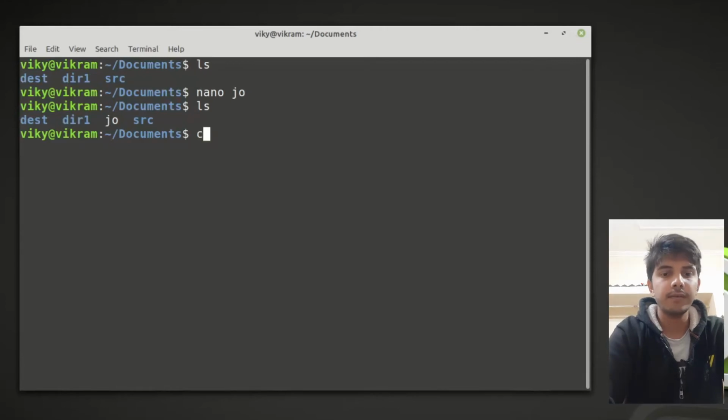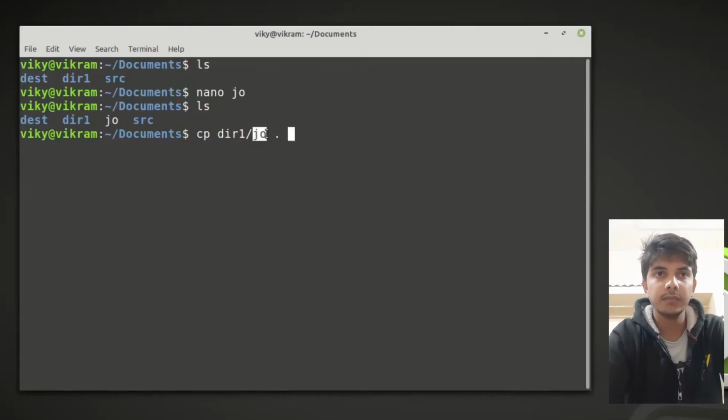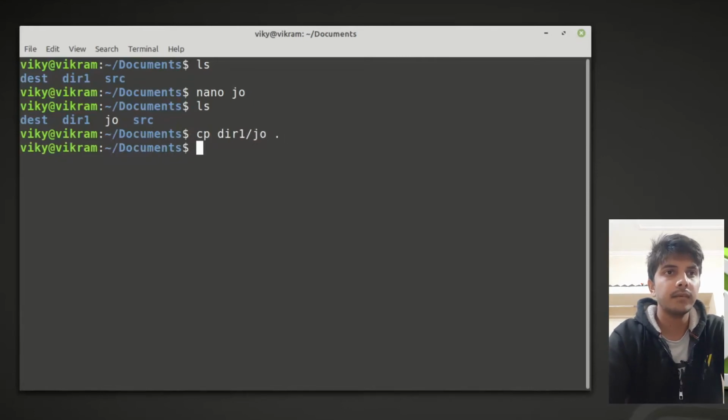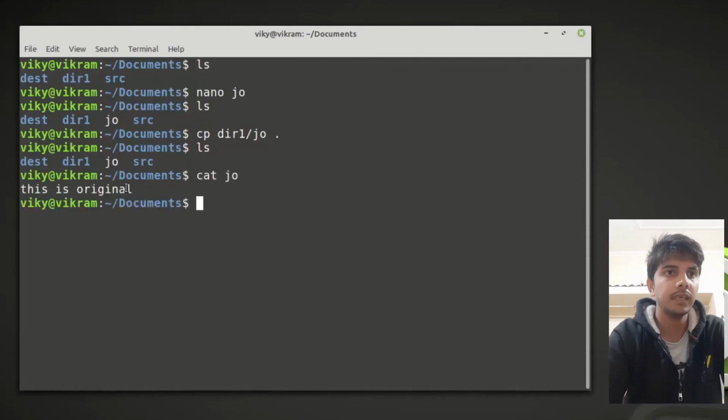Okay, now if I copy that particular file, the name of that file is geo, to the current directory, then the file that is present in dir1 is going to be replaced. After I press enter, the content present in this file will be replaced with the content of this file. So basically the file will be overwritten, right? So if I press enter, and now if I do the cat of geo, then you will see the contents of the geo have been changed.